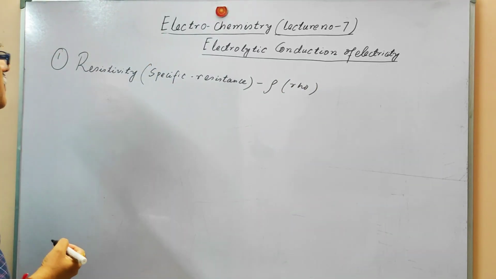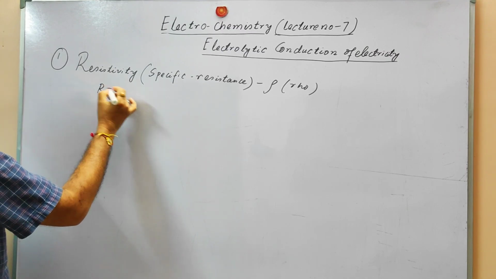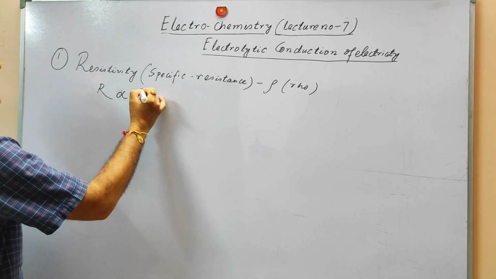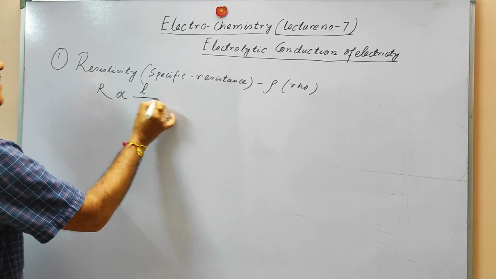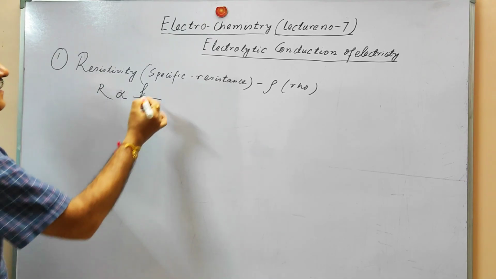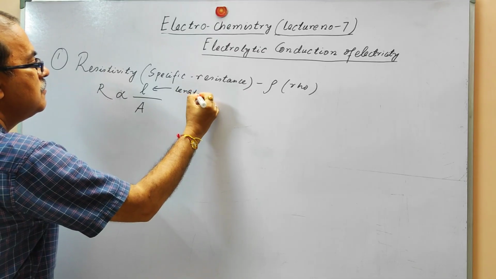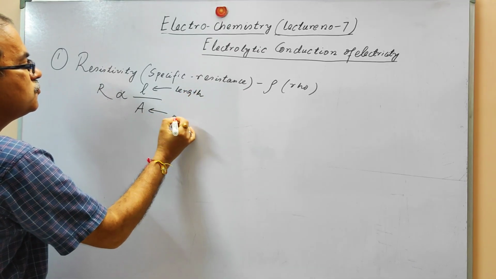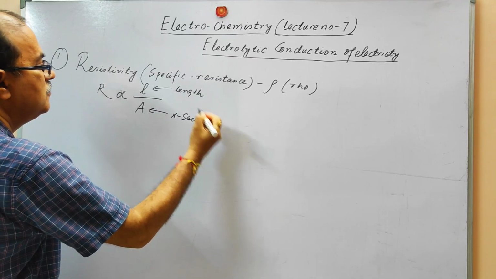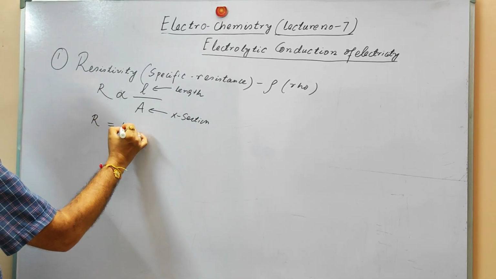So how to define this resistivity? Resistance is basically proportional to the length of the conductor and inversely proportional to the cross section of the conductor. This is the length, and this is the cross section of the conductor. So we can have a proportionality constant, that is rho,